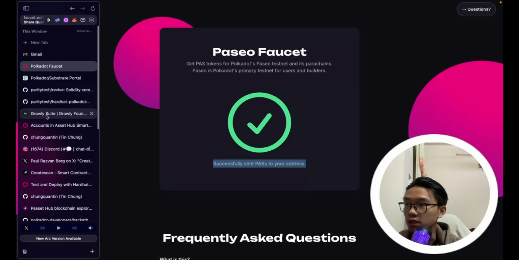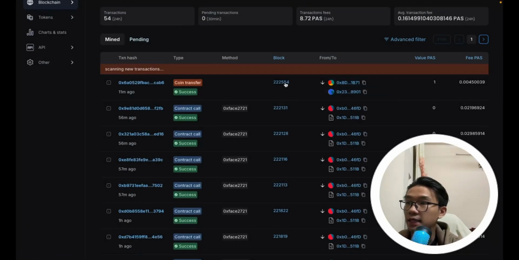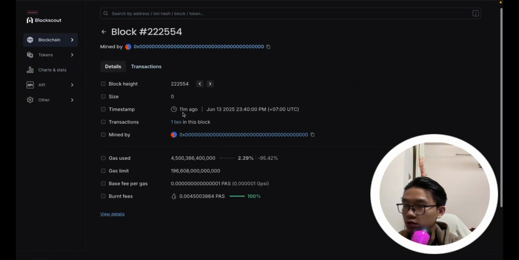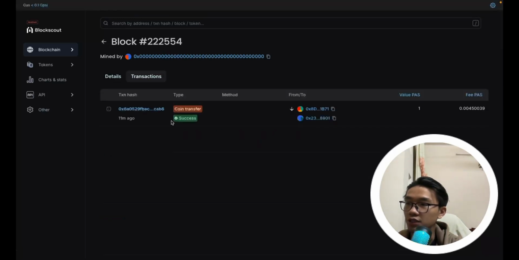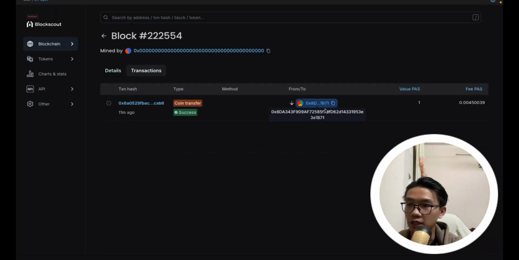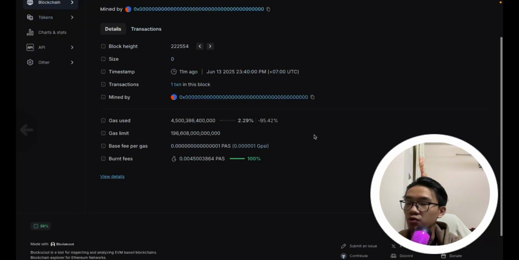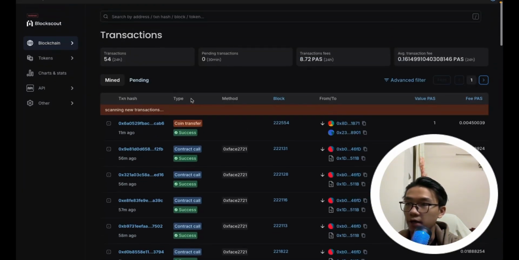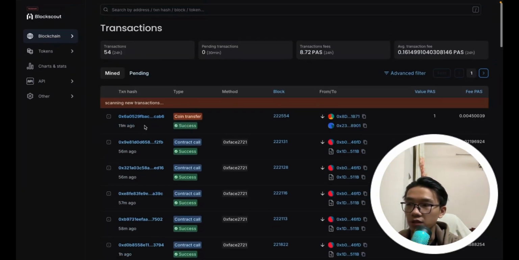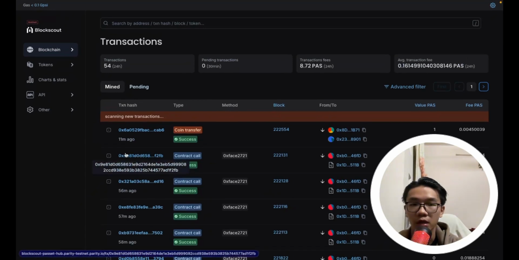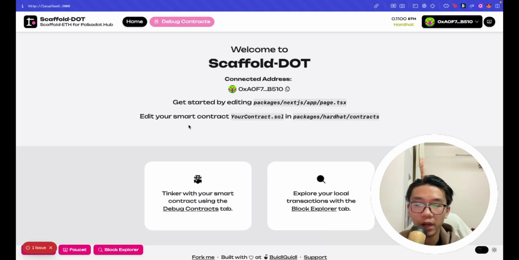And if you go to the block explorer, I guess this is the block that we want to take a look at. This block has my new transactions, and these transactions are a coin transfer from this address to another address. Not exactly sure if it's the right one, but you can see that's an example of the transactions. It's different from Polkadot transactions because a transaction in Ethereum has a different structure than the extrinsics in Polkadot. And I think that's pretty much everything that I want to share